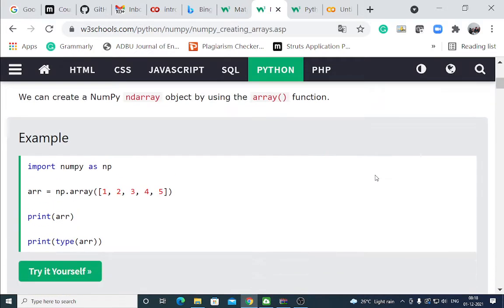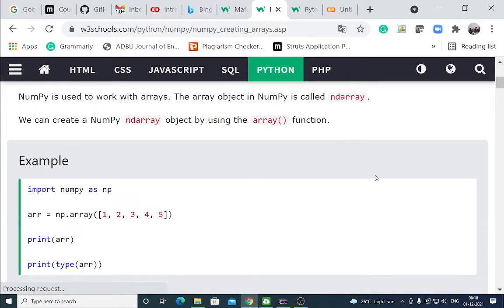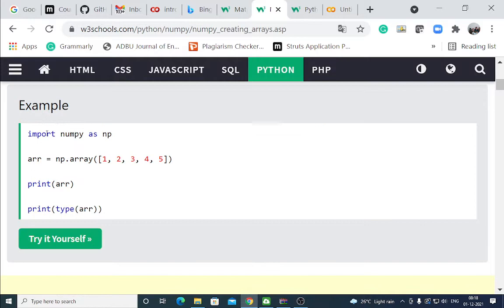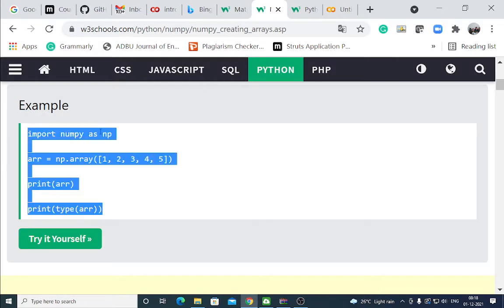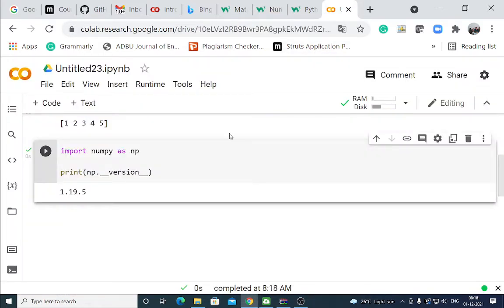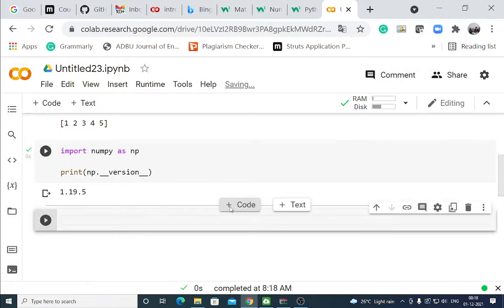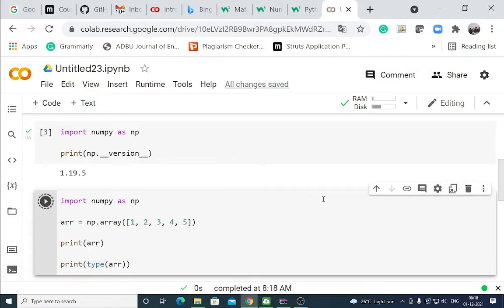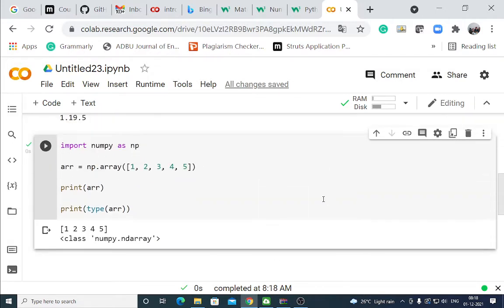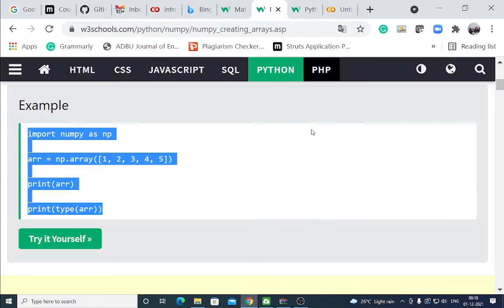It is used with arrays. Class numpy, type of array. It shows the type of array.